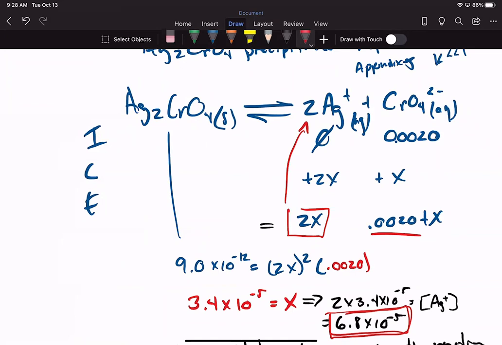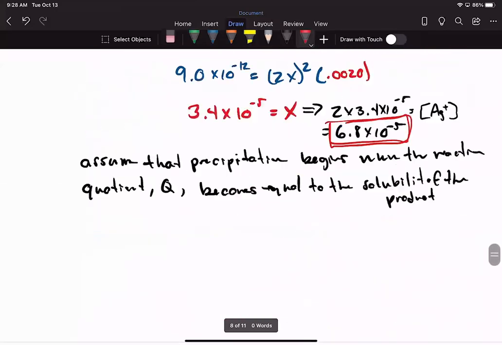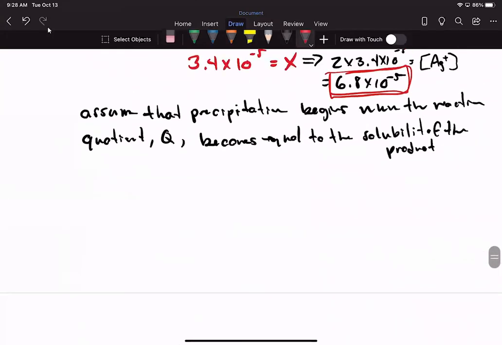Precipitation of halides, more common ion effect. We'll have to get to that on Thursday and then continue with the rest of the chapter. So I think let me just go ahead and stop